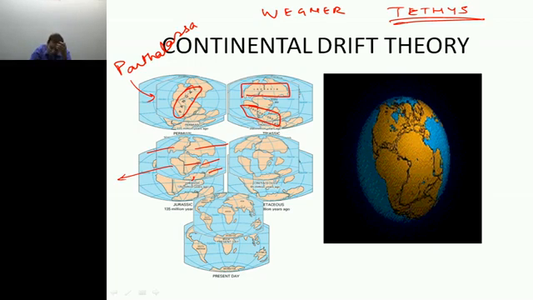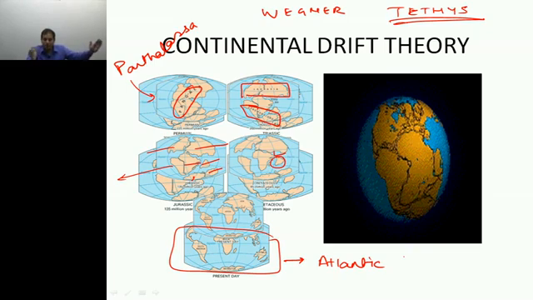Due to the drifting of the Indian plate from here towards this region, the area of the Tethys Sea was reduced, and overall, the drifting of the continents continued till the present day position of the continents was achieved, as in the last figure. So we can say that we have the formation of the present day continents as well as the formation of the present day oceans. For example, the Atlantic Ocean is due to the westward drifting of North and South Americas,